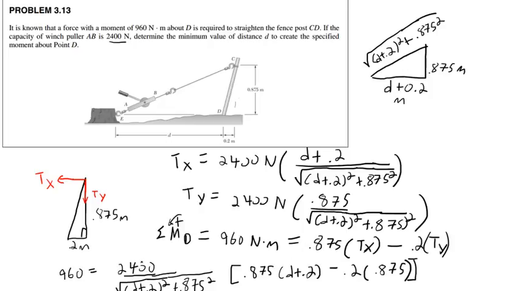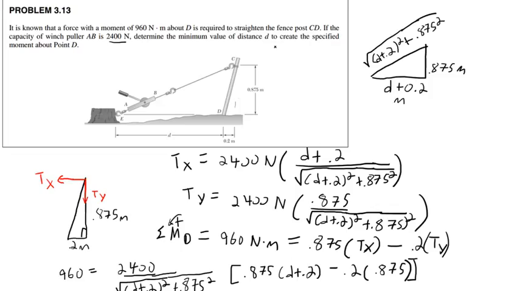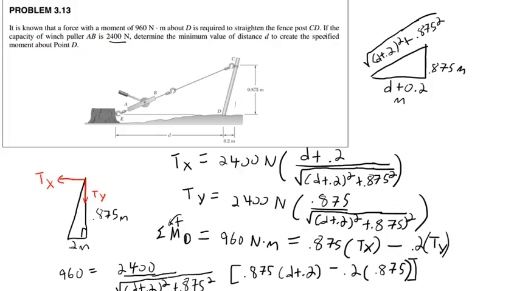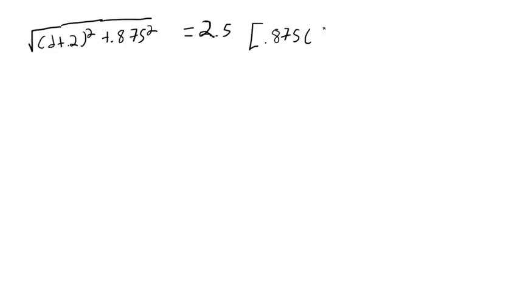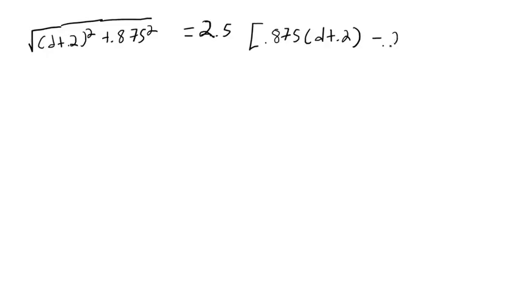That's just 2.5, which is 2400 over 960, times this quotient here, times this parentheses here, times 0.875 times d plus 0.2 minus 0.2 times 0.875,